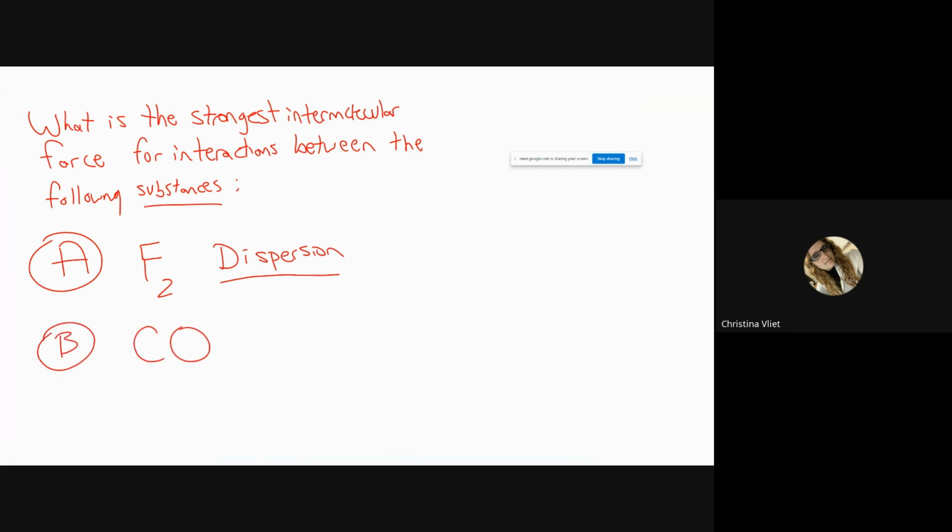Carbon monoxide. Spice it up a little bit. Because it's not symmetrical. They have different electronegativities. So oxygen is much more powerful than carbon because oxygen is electronegative. So the electrons will shift to oxygen. So this will have a partial negative charge, and this will have a partial positive charge. And therefore, we will not say dispersion is its strongest force. It has dispersion, but it's not the strongest force. The strongest force is